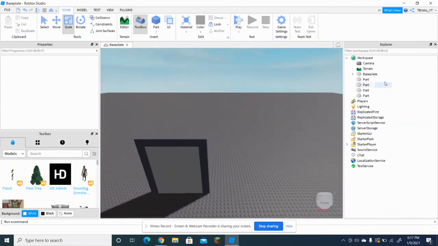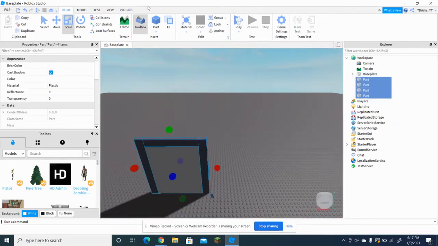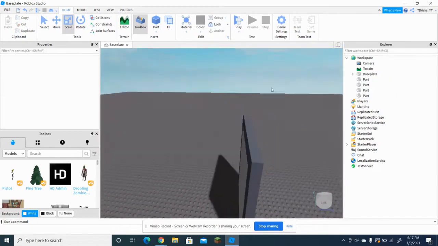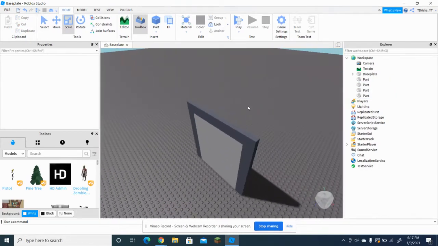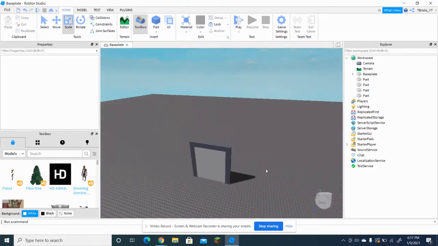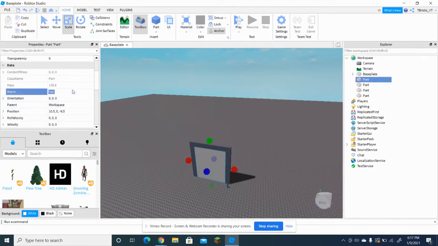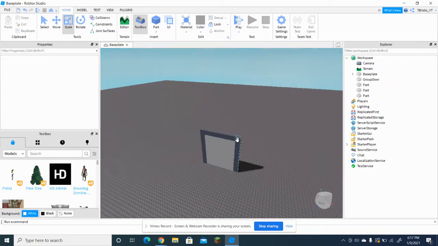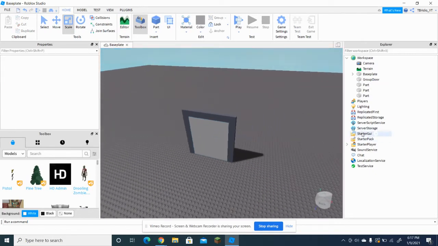So here's our new door, and what you want to do, guys, is anchor all this. Be sure to anchor it so you won't have a dropping-everywhere kind of part. So yeah, I'm going to name this part the group door. See there. And then what you want to do, guys, is go to StarterGui in Explorer and